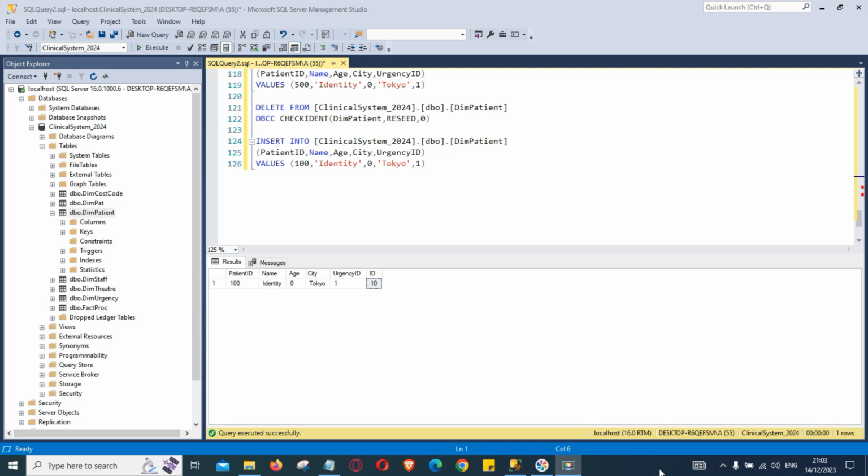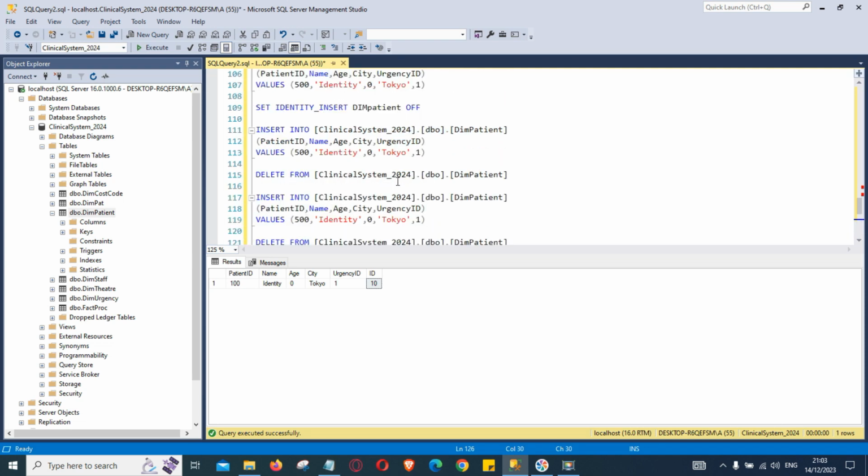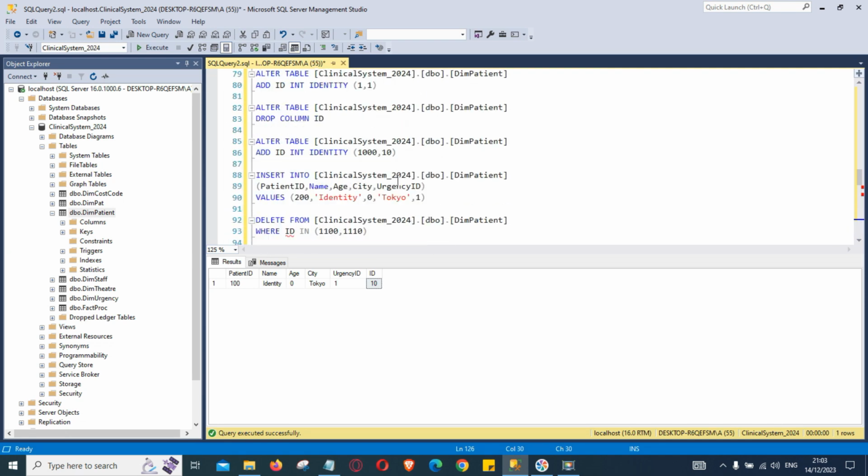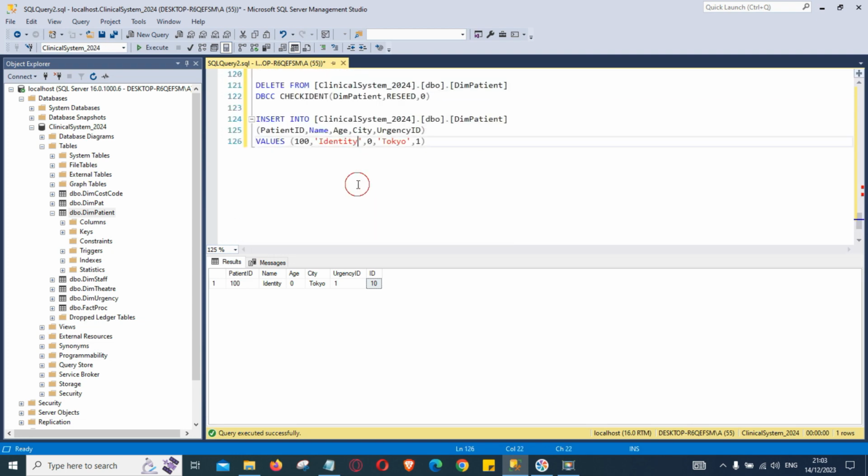Let's understand the concept with an example. First of all, let's add an additional column to our dim patient table. So where is our alter statement? It's there. Let's use this one. Bring it at the bottom of the screen. So alter table, add a new column. Let's call it